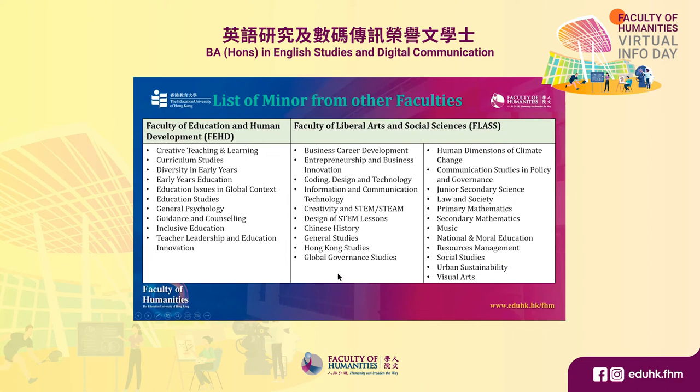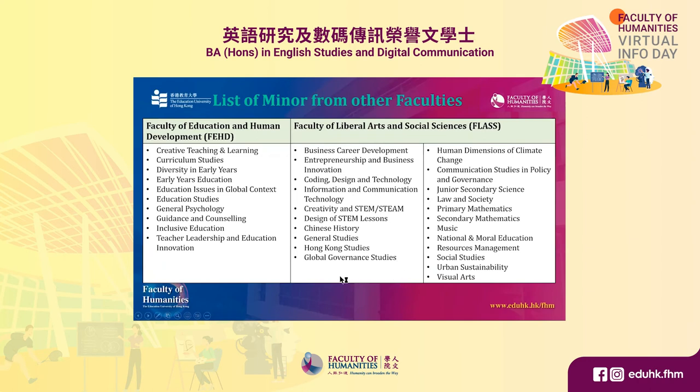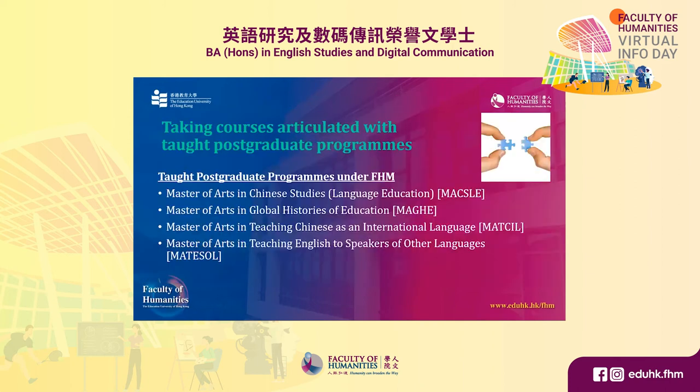In fact, besides these highly related minors, you can also choose some other minors from other faculties. I just show you here, but I do not read them out one by one. Basically, you have a lot of areas or minors you can choose. Besides those courses, you can see that we have,